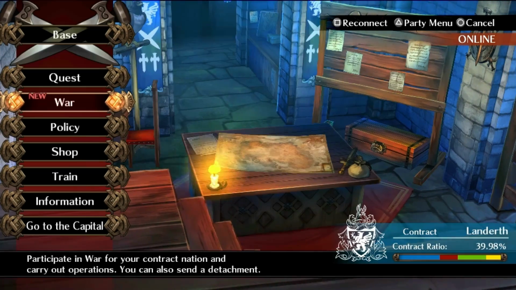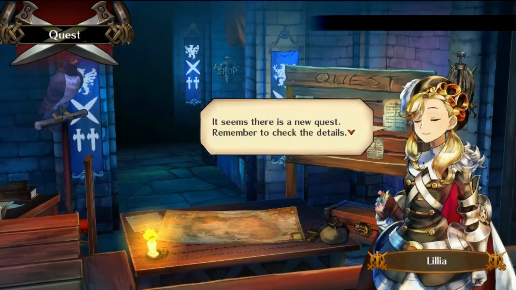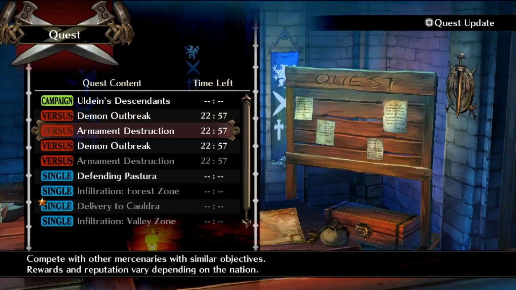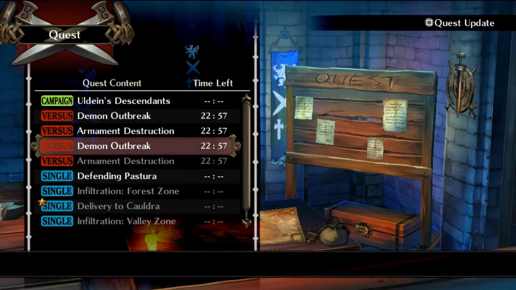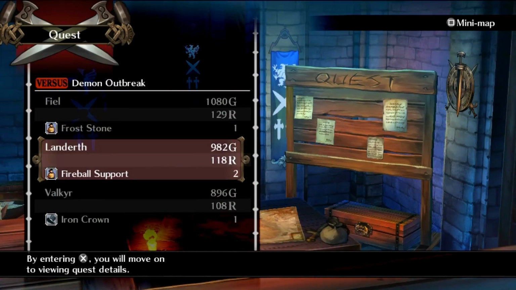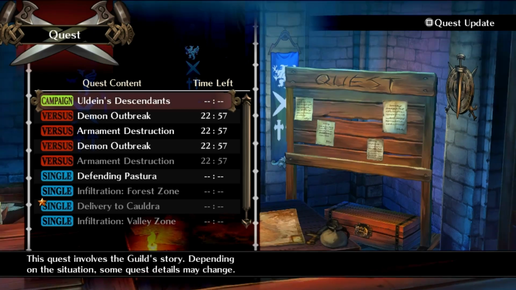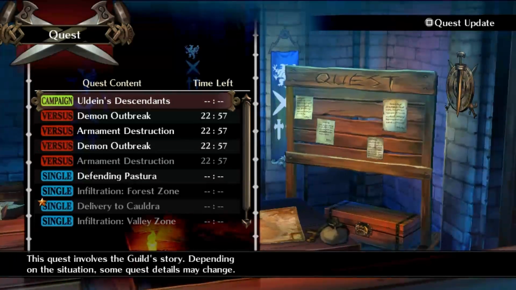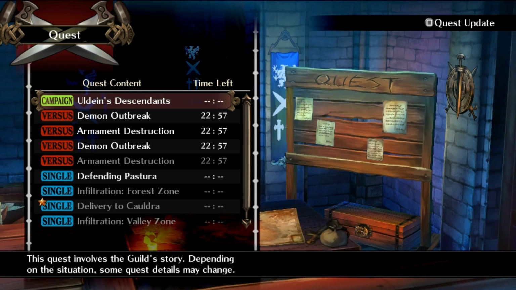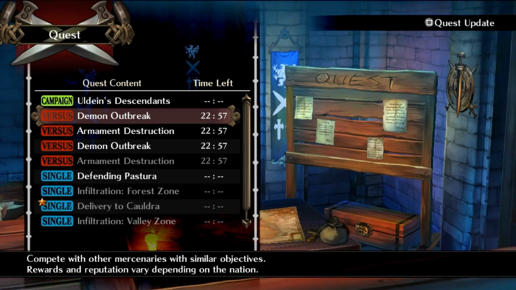But anyway, something else I should mention is the other set of quests that are unlocked in single player once you're part of the war. You can pick one of these quests, and it works about the same way as the single player quests, except there's a second AI-controlled party of adventurers, mercenaries, who will also go and try to complete the quest at the same time, and you have to race them to it,